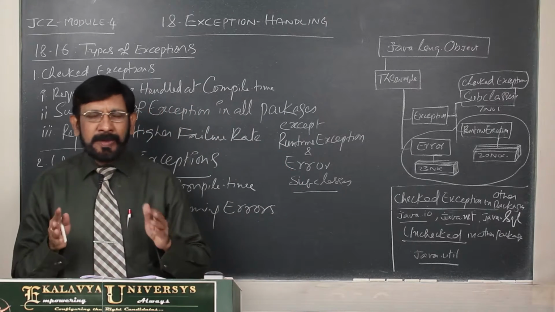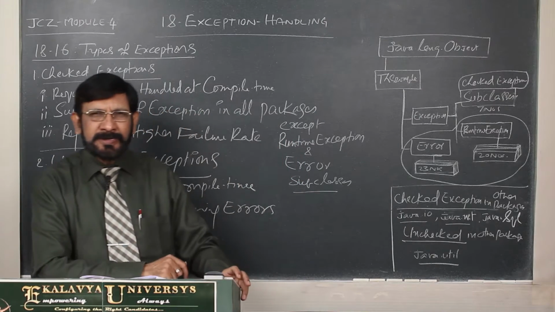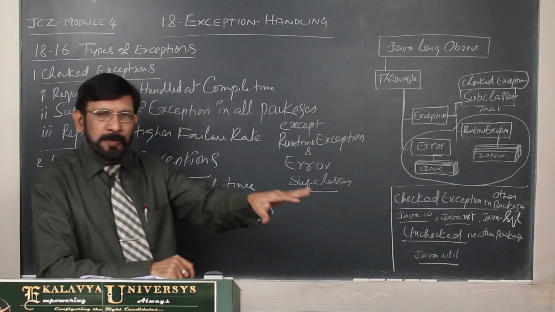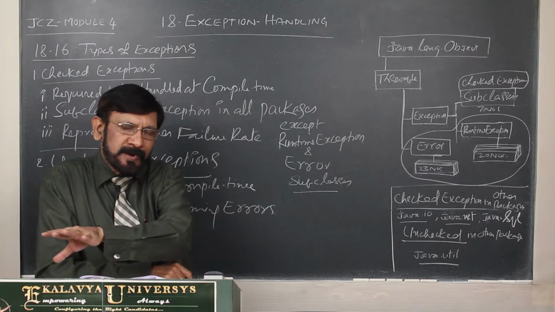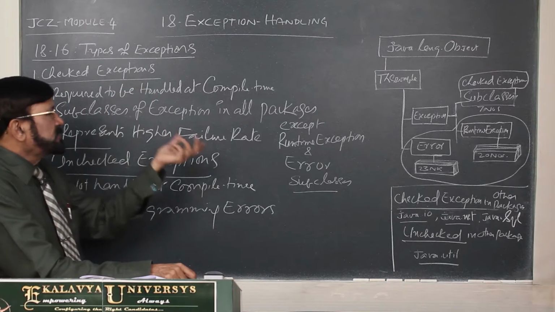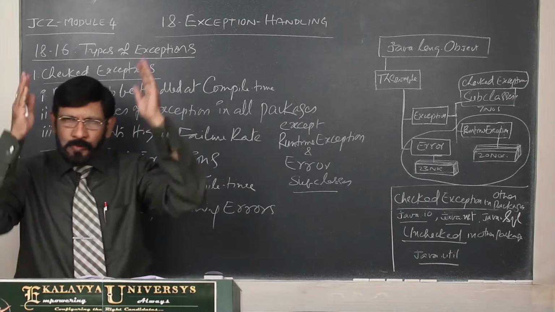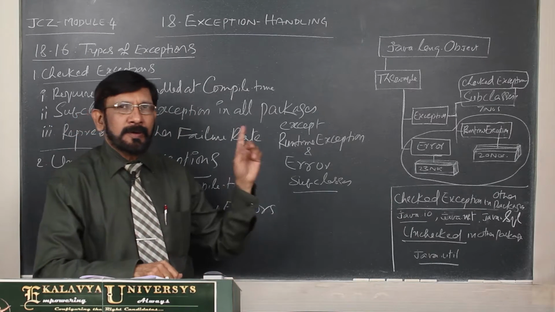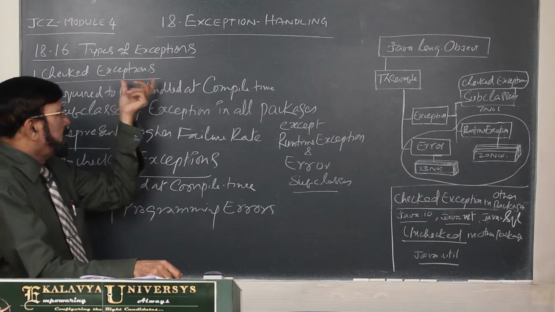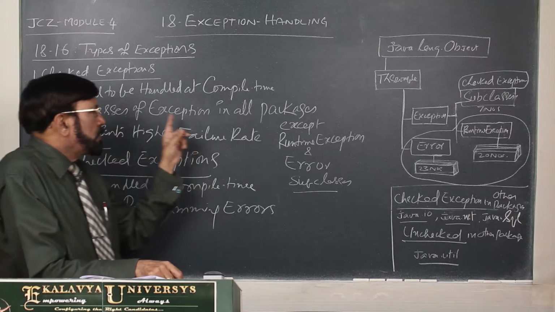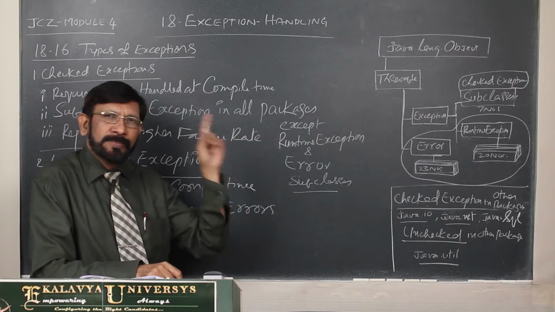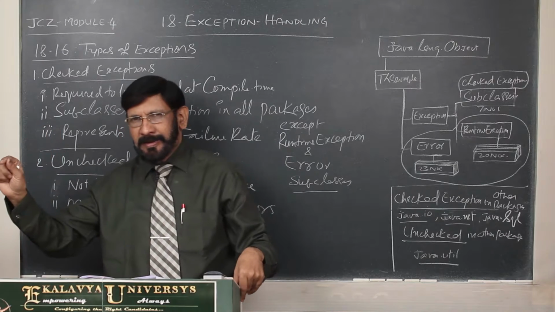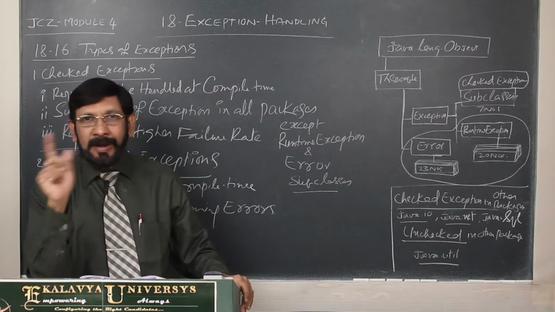Actually, when we have to take precautionary steps, we classify a first group and a second group of precautions. The first group, checked exceptions, are precautions you must take; the second group of precautions you must also take, but the first group of precautions are called checked exceptions. For them you have to write exception handling code. Without that, the compiler itself does not compile the program, not the interpreter.